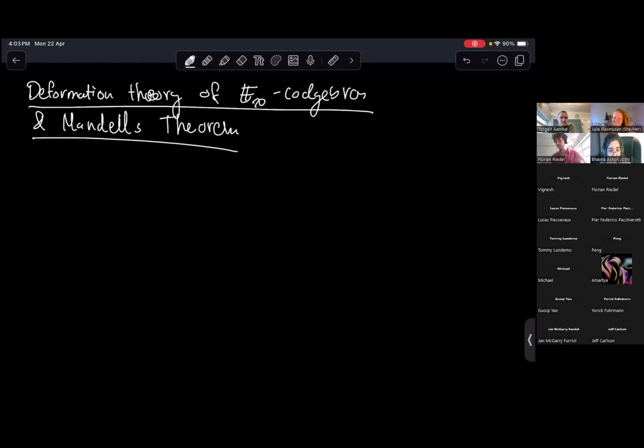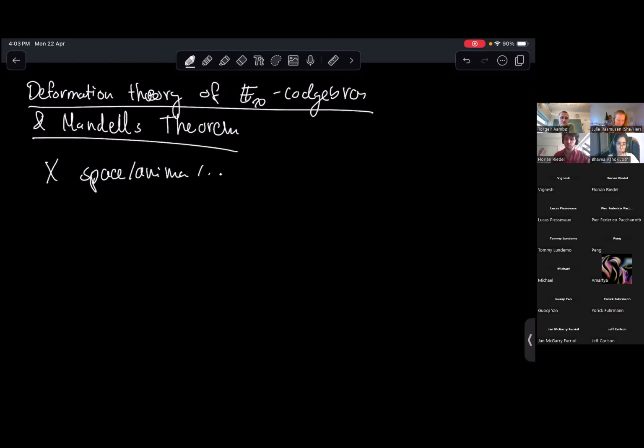As already announced, I'm going to talk about coalgebras, and if there's time, I'm also going to talk about the theorem of Mandell and possible current ongoing work on expanding it, so to speak. But to set the scene, I want to tell you about the basic kind of question we're answering in this work. For that, let X be a space or anima or whatever the current hot terminology is.